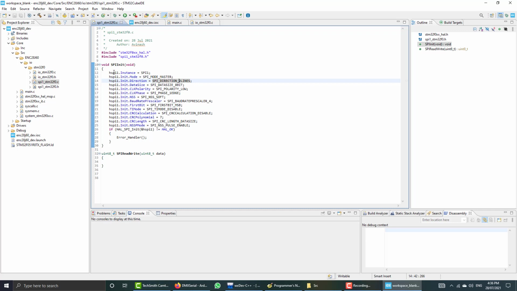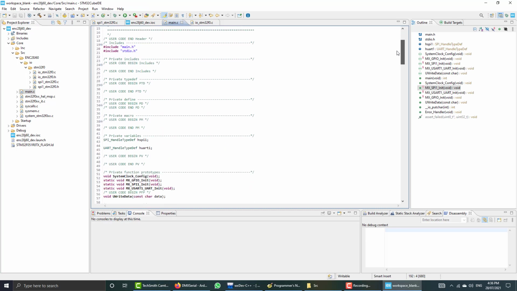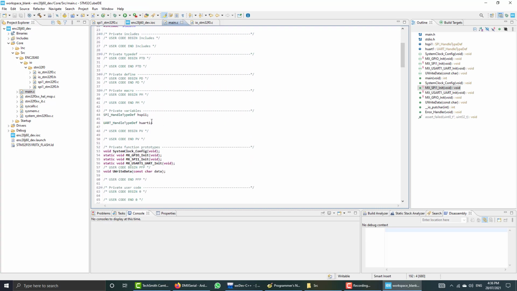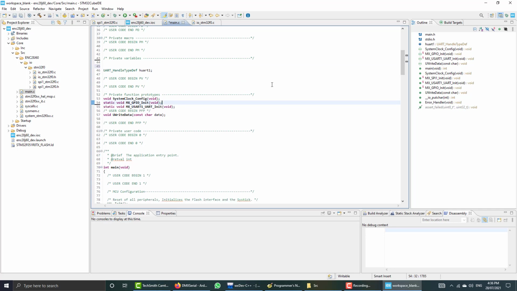One thing is that this variable is not defined inside this file. It is still under main. So we have to copy this one, the SPI handle. I will remove it from here. Now it's gone. I will also remove this function, no use. The SPI initialization code has been moved to our folder, so we don't need it anymore in the main file.